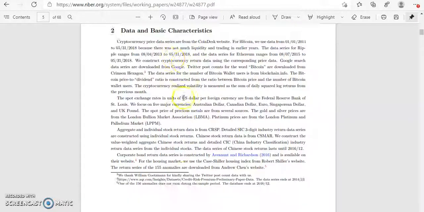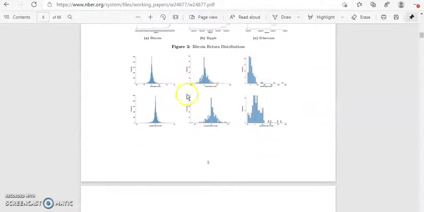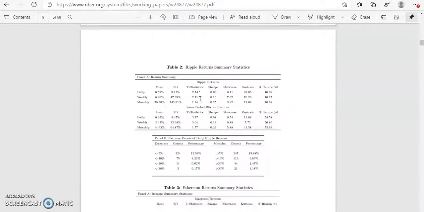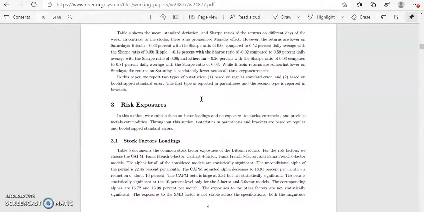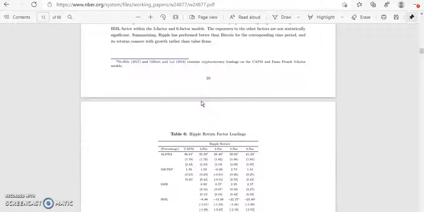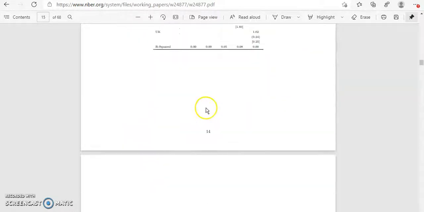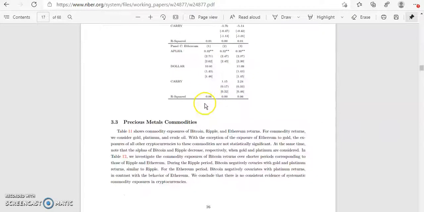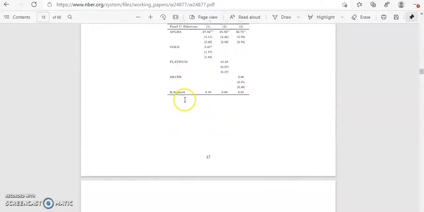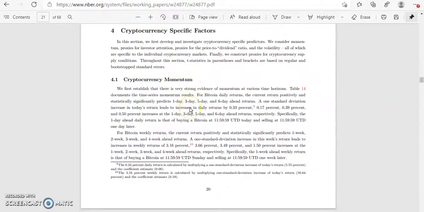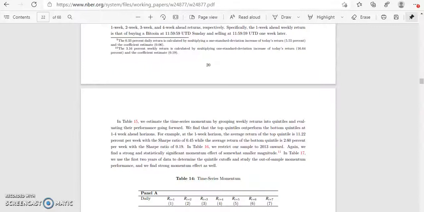So you can skip this section, data and basic characteristics. This again you can skip, one can skip this as well. Now coming to the main section of how to do review of literature, we will just scroll through that section to understand how you can present your review of literature to your readers. I think this is a working paper, so this may not give us the analysis of review of literature.